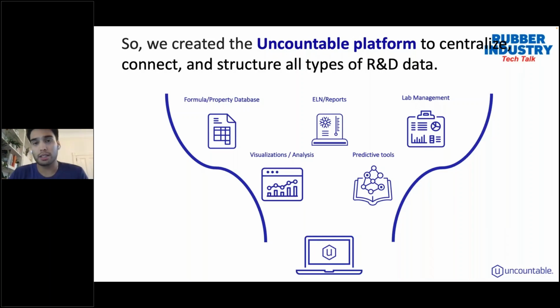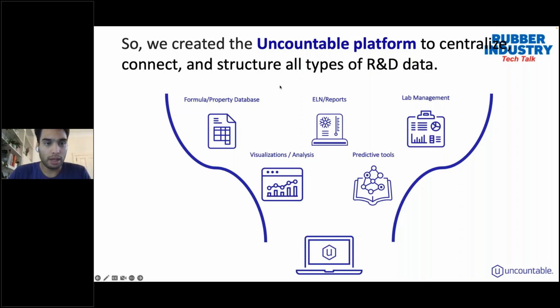And on the flip side, maybe we're not only talking about a test, but a test at some condition like aging time and aging temp. What's unique about Uncountable is that as you add in these different layers of complexity, it's always automatically interconnected within the Uncountable platform. What you might see in some systems today is typically done for maybe a production formulation and the corresponding physical properties. But within Uncountable, we're taking all of that research data, all of these different iterations that are required for you to reach a production formulation, connecting it and structuring it so it's made available to a team.